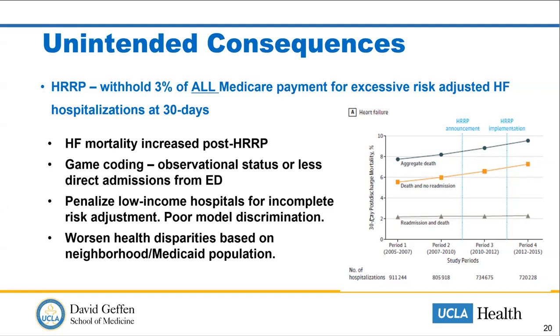And then these studies showed that you actually created worsening disparities, because the hospitals that always got penalized were the hospitals that served low-income patients in low-income regions that were already under-resourced. So how is a hospital who's struggling with readmissions supposed to get better if the financial consequences are losing money? Is heart failure care going to get better when you take money away from a